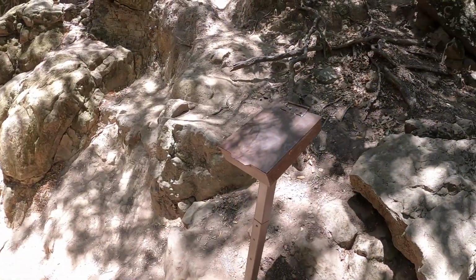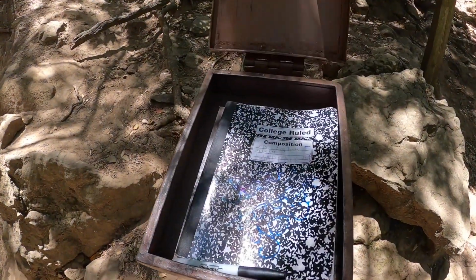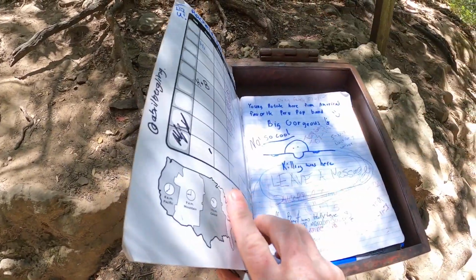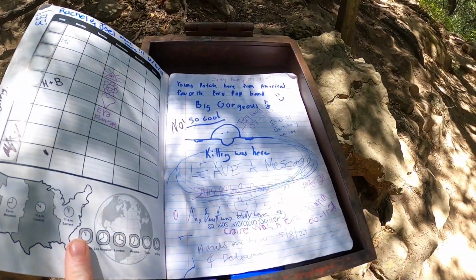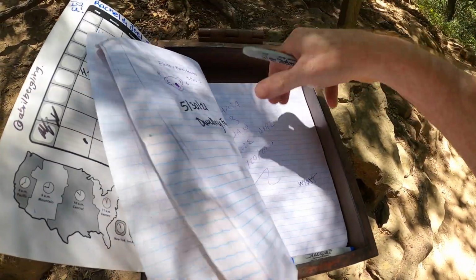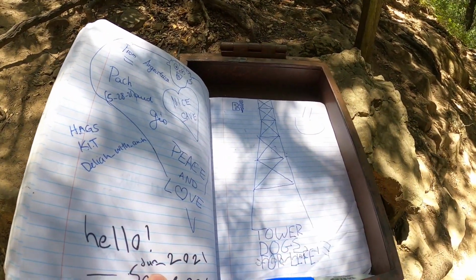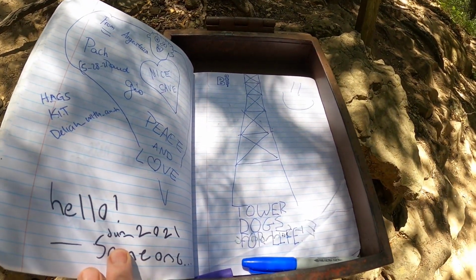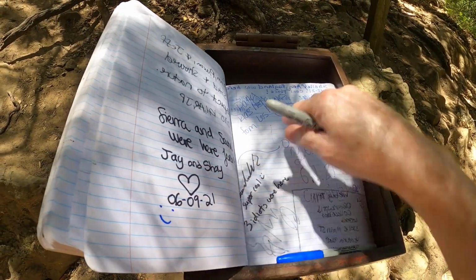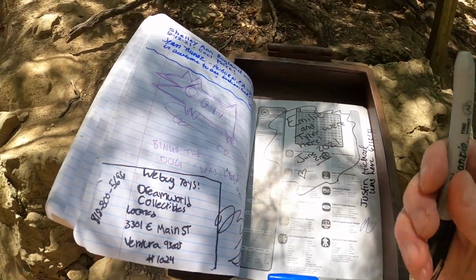This is a nice feature. They've added a little place for you to sign in and tell people you've been here. All right. Well, Kilroy was here. That's always good to see. Yeah, all kinds of stuff. Tower dogs for life. That's an interesting inscription. And I'll tell you what, let's find a... Well, it's kind of filled up, so you know what? We'll just go...